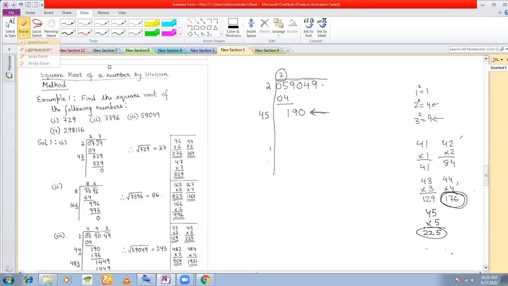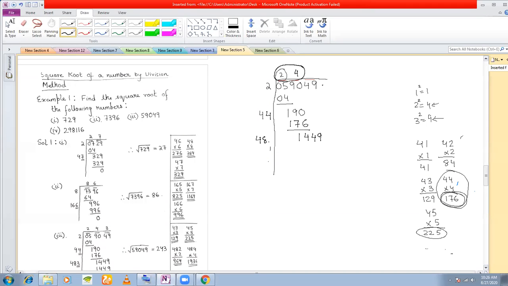Okay. So what you do here is you take 44 into 4. Take 44 here. You place the digit 4 here. It becomes 44. And 44 into 4 we had got as 176. So you place 4 here. So you get 176, and subtracting you get 14. Okay. Now we bring down the third pair, 49. Bring down this pair, 49. And next, the number that is formed, this is 24. You double 24.